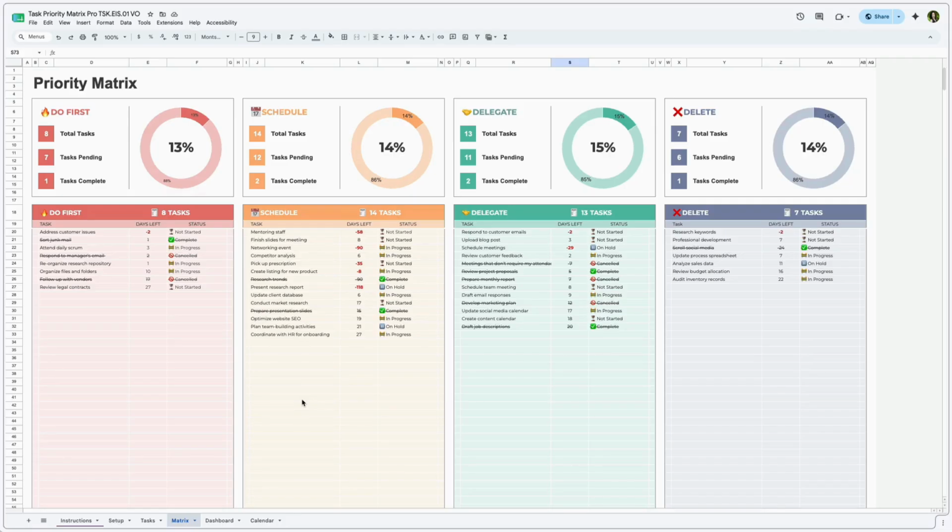In this video, I'll walk you through the Task Priority Tracker, an all-in-one task management system that helps you organize, prioritize, and manage tasks using the Eisenhower Matrix, giving you a clear system for focusing on what matters most and